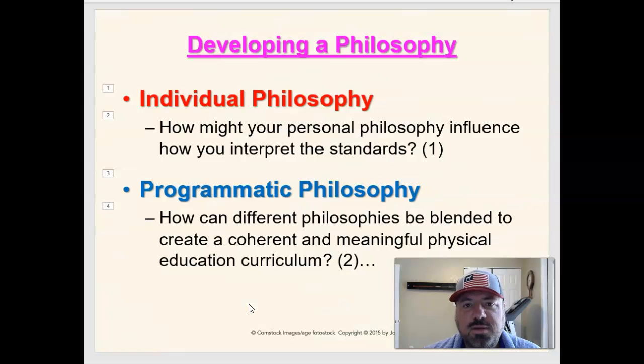So if you think about it, two heads are always better than one. Sometimes there's some friction and there's some give and take, but as there's give and take, we learn to grow. So that's really good to have some differing opinions when you're building a programmatic philosophy. It usually actually opens up the curriculum to bring in more things. So the best concept for curriculum development is have everyone work on the committee, unless it's just too big and it gets muddled. So you'd have a committee approach.